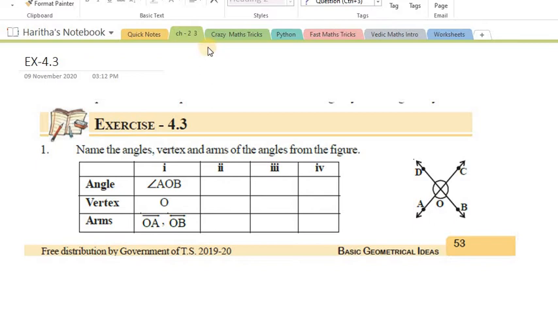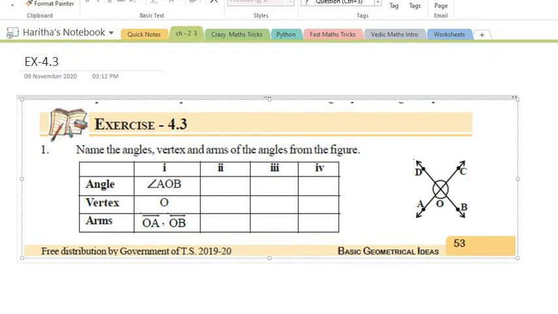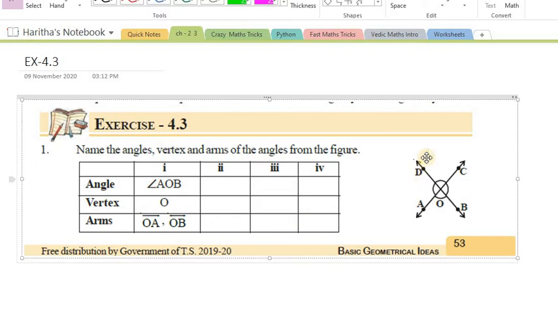Okay students, now everyone open your notebooks. Yes, okay, now we will start doing this. Now if you observe here very clearly,